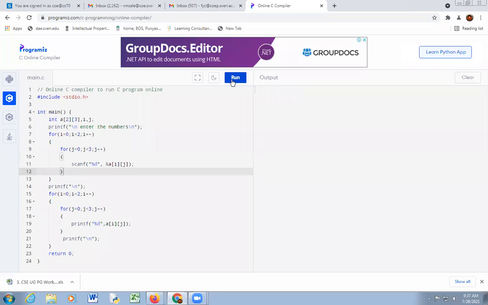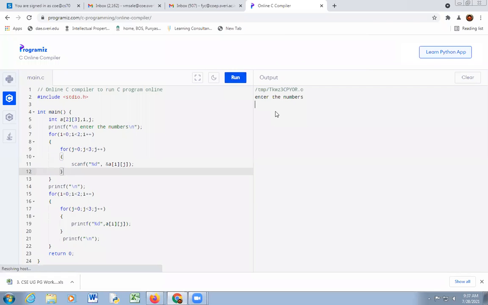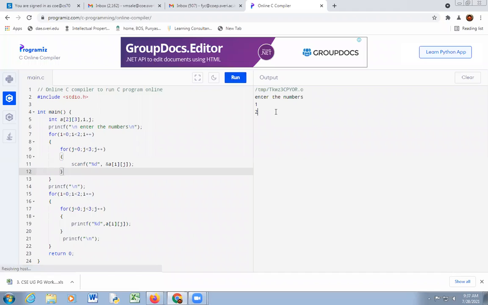Okay. See here, 1, 2, 3, 4, 5. This is the matrix format. See here, this output is in matrix format.